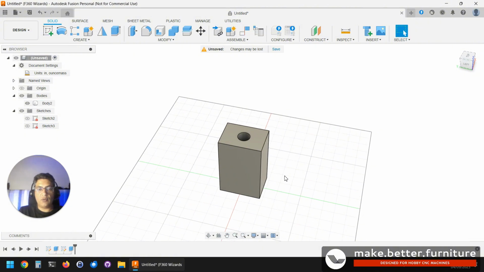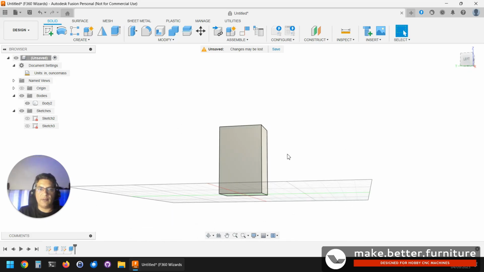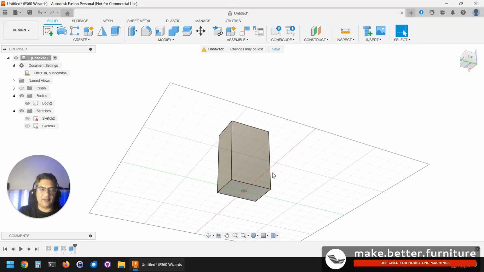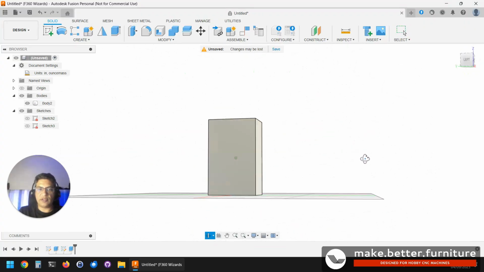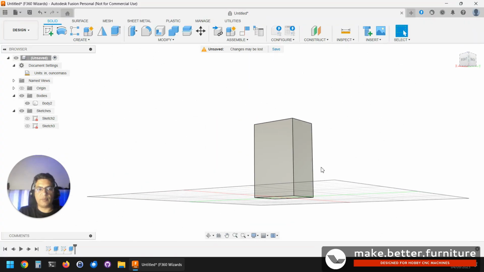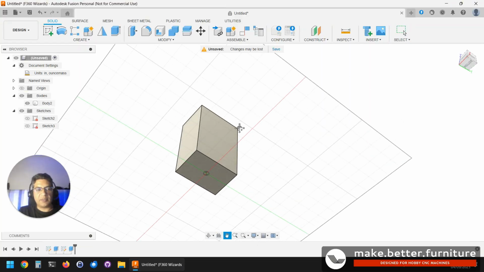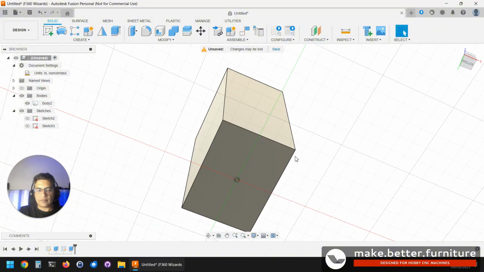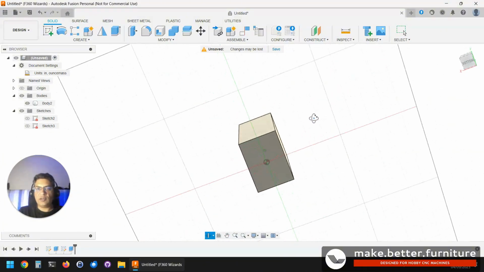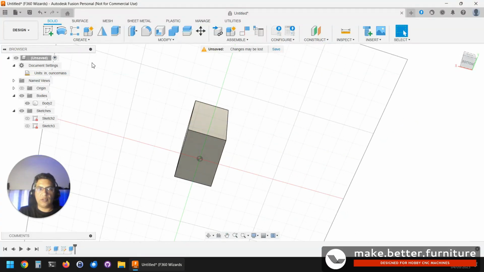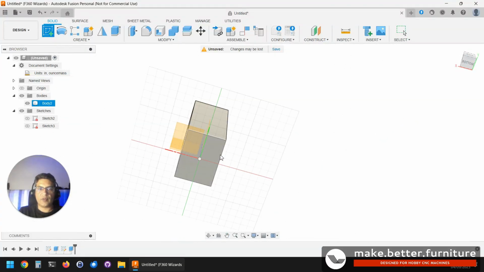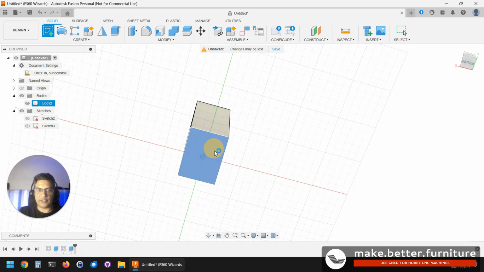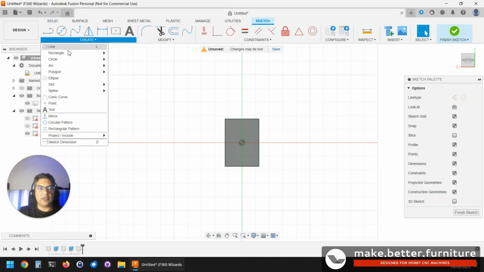So now I want you to add some features on the bottom, just to make sure that you mastered flying around. If you still are struggling with flying around, I recommend practicing this, and also playing some games helps, because this is basically the same controls as in gaming. So let's rotate the object to look below it, and let's add a new sketch. We will click not this plane, but this face of the object,